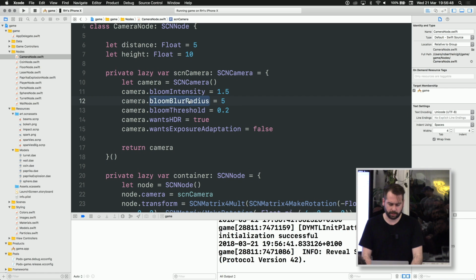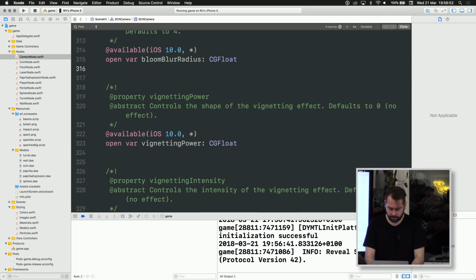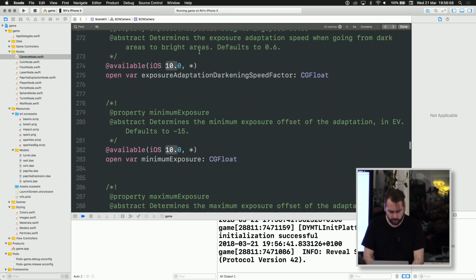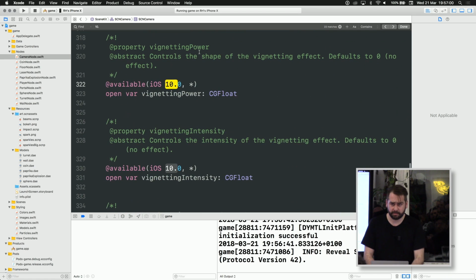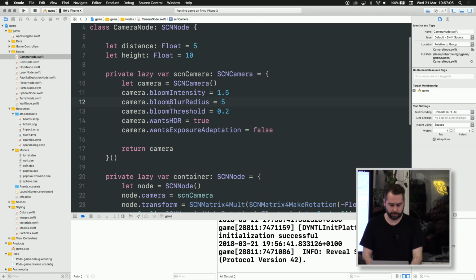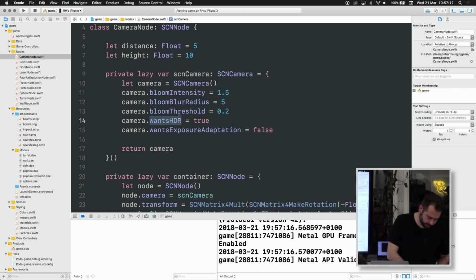Yeah, you have actually a lot of new stuff since iOS 10. Vignette power is also really cool. You also have this color fringe, where it just pulls away the colors out of things. You can do some really cool effects just by setting some variables. This bloom thing only works once you set HDR to true. By the way, that took me some time, but